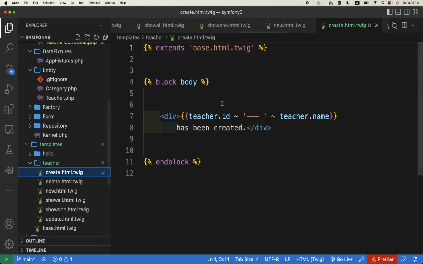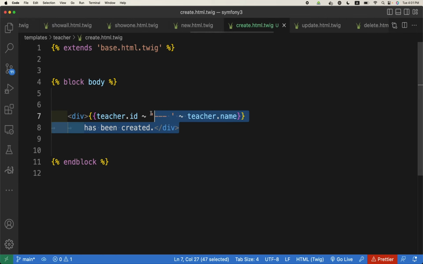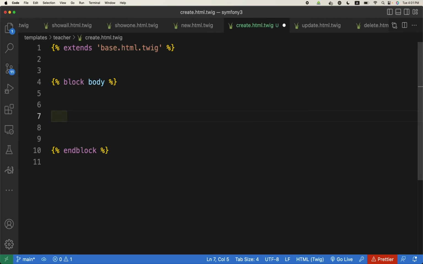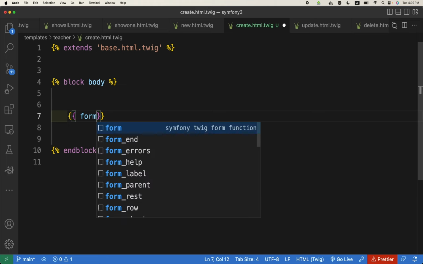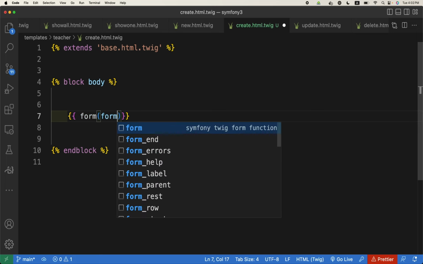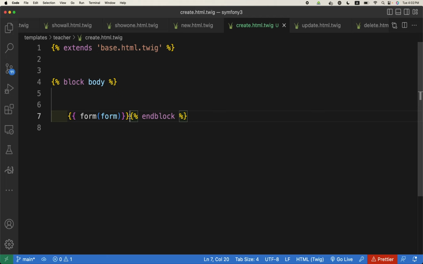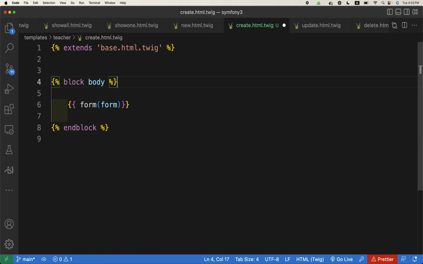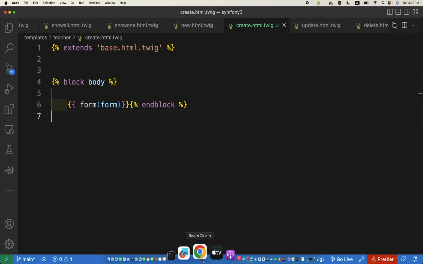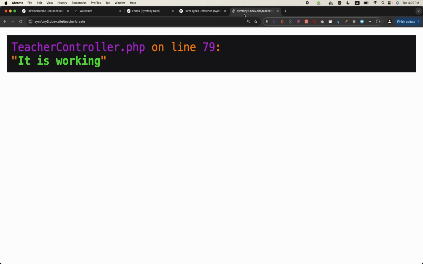Okay, I will remove everything else. So what should be printed out here? A form, and the form is a method function and the form object, the variable which is passed to it. Is this clear? Yes. So hopefully if everything is fine, it will be outputting the form for us. So if I go to the create one again,